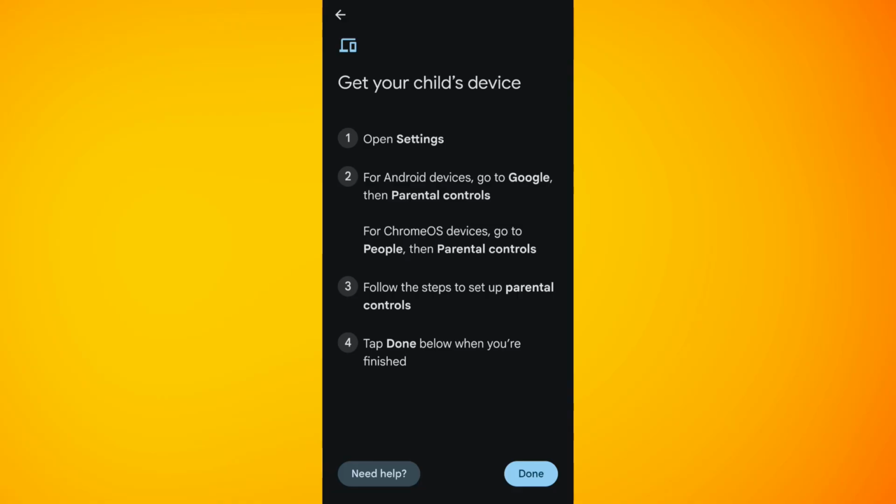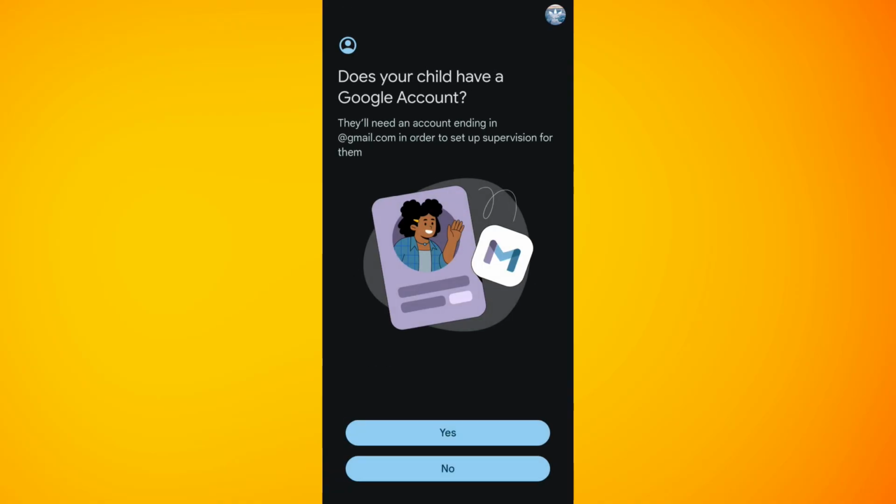Then go to settings. For Android devices, go to Google, then Parental Control. For Chrome OS, go to People, then Parental Control, and follow further on-screen instructions to set up parental controls, and you are done. Now if your child doesn't have a Google account, you need to create a new one, and